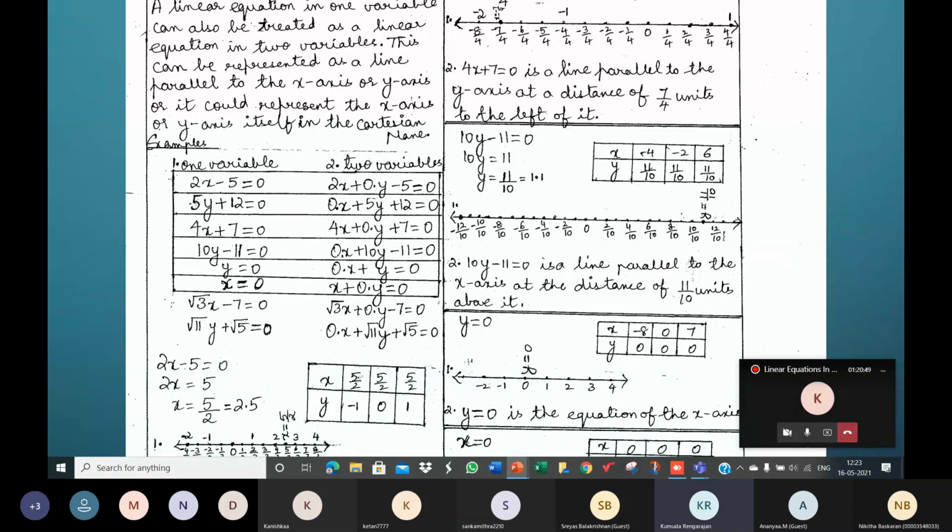So on the Cartesian plane, these are the different regions: the four quadrants, 1, 2, 3, 4, and the x-axis and y-axis itself. It's like you're playing a game. You're standing on the line, on the x-axis. You are not in any quadrant then. The point 2.5 comma 0 is plotted on the x-axis itself. It's neither in the first quadrant nor in the fourth quadrant.